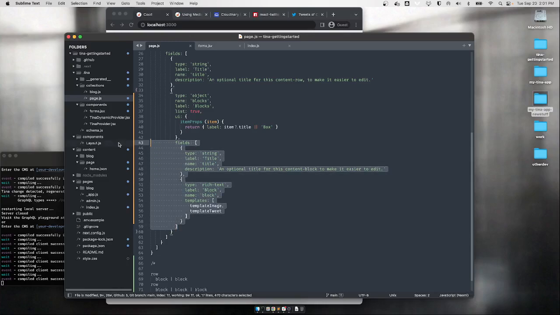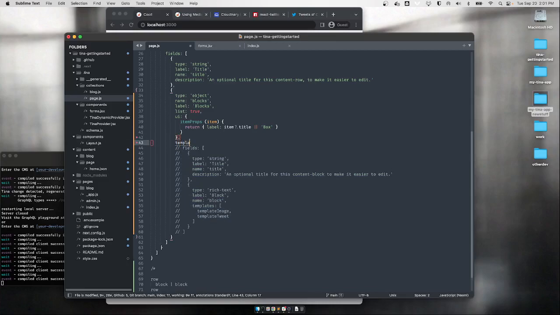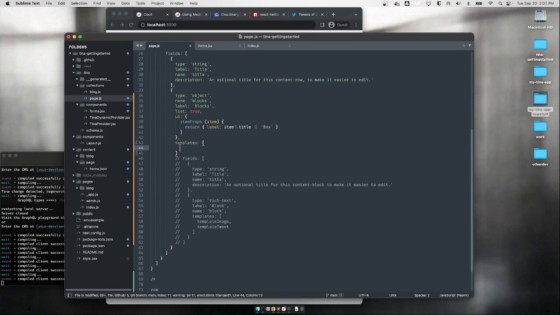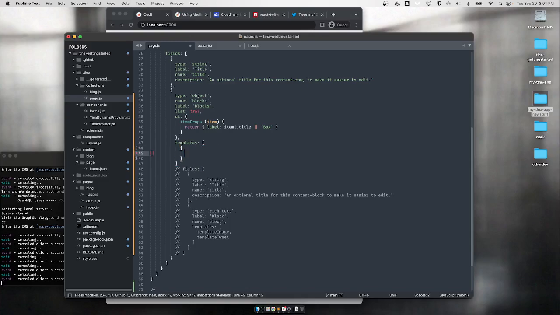Yeah, so if we commented out fields, and we instead put templates here, it allows you to make separate types of content that you could put in here instead of it just being a standard block. You could have a few different kinds. So let's make a couple. So name equals regular, label equals